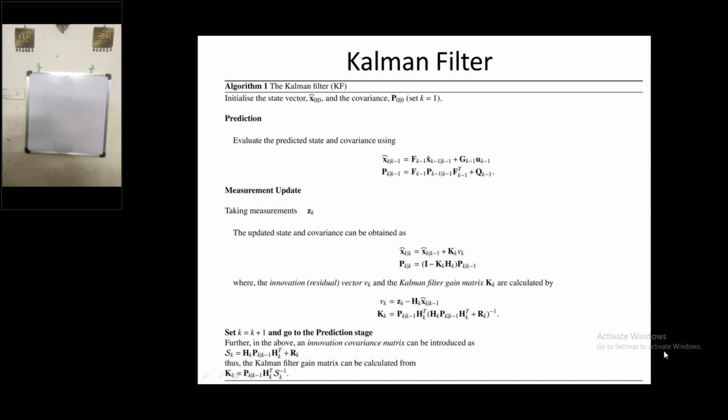To start with, we will start our discussion here. You can see x hat k at k minus 1 equals F k minus 1 times x hat k minus 1. So to start this Kalman filter, the first thing is you need the initial condition of the plant as well as the initial condition of the covariance. That means you should be knowing what is the initial state. In most of the cases, the initial state of a particular plant is zero, but in some cases,